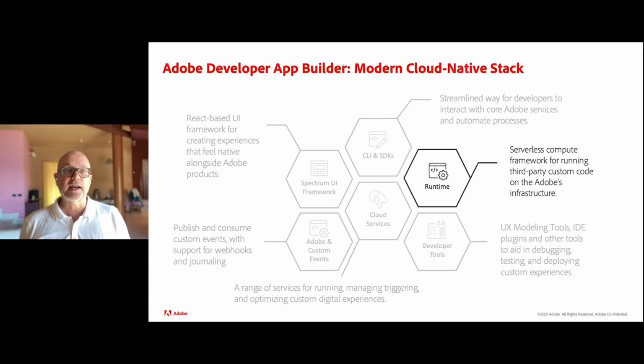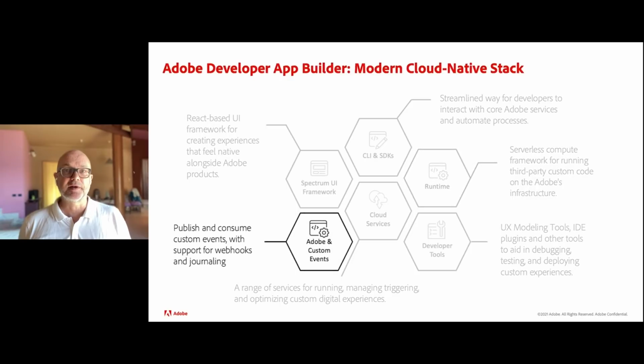IO Events allows you to register to be notified when something happens in the Adobe Cloud that is of interest to you. So for example, when a new asset gets uploaded to AEM Assets Cloud Service, you can register a function in IO Runtime to run when such an event occurs. That is a very powerful pattern that enables you to build evented applications in the cloud.